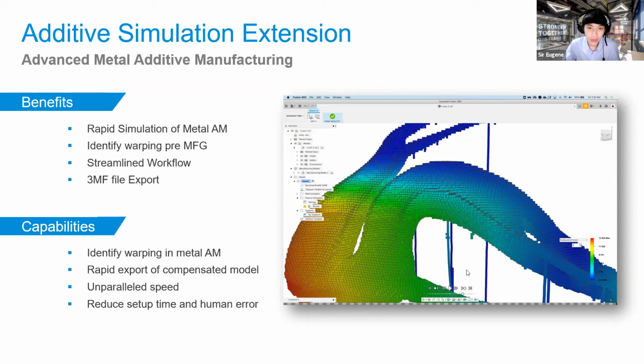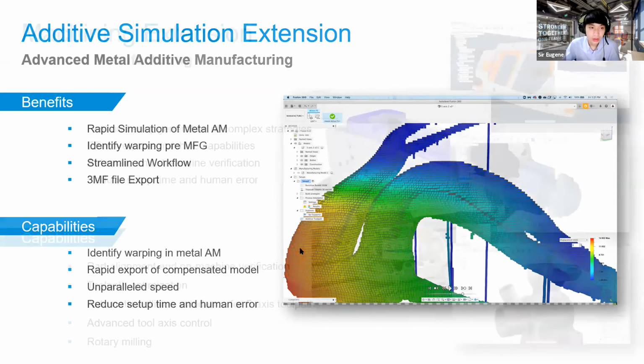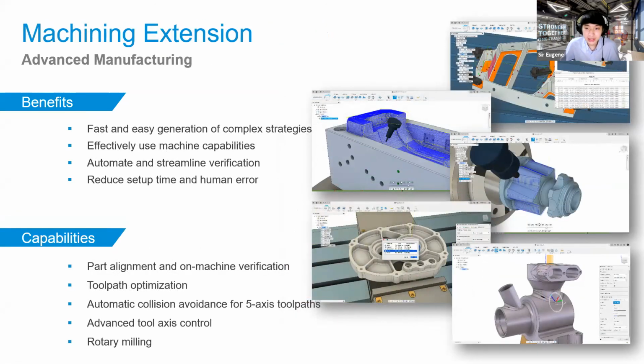Okay, so next, we have yung ating machining extension. So if ever we will be using yung ating machining extension, we will have the ability to do automatic collision avoidance, 5-axis toolpath optimization, and so on. So it's best to give you an example. So as you can see here, yung